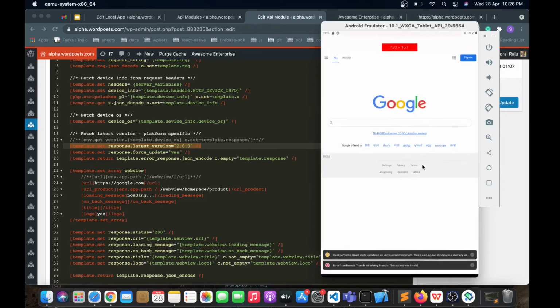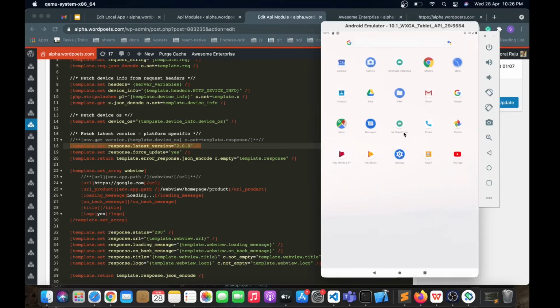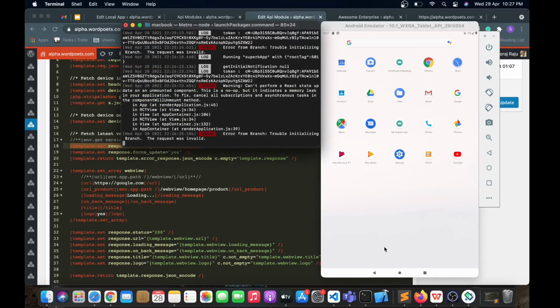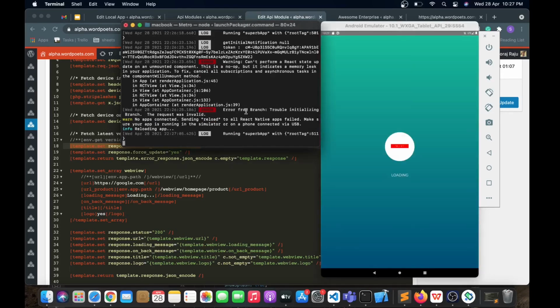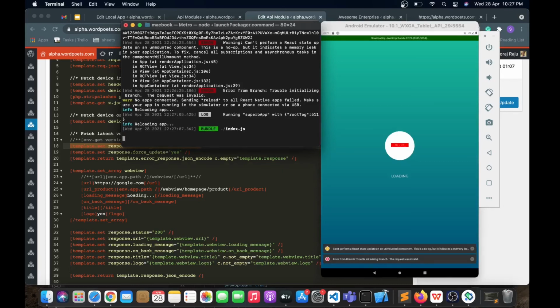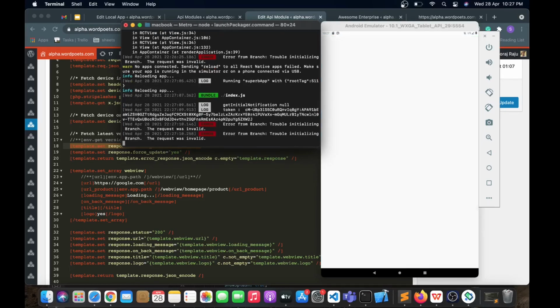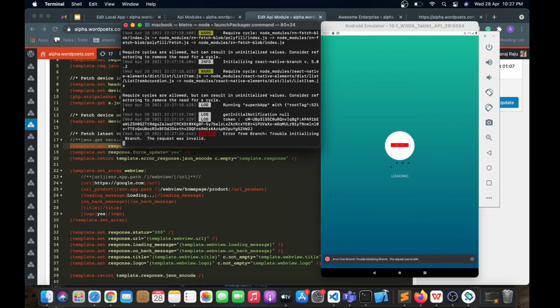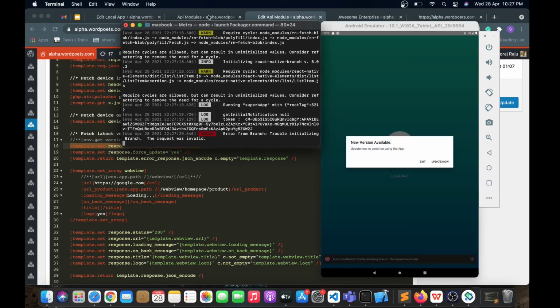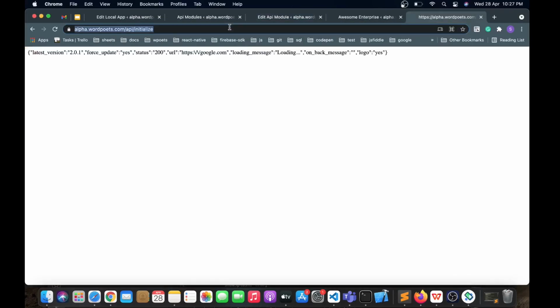Again it runs, right? Why is it still saying 2.0.1?